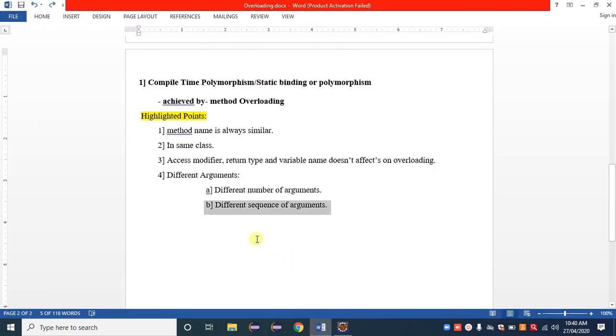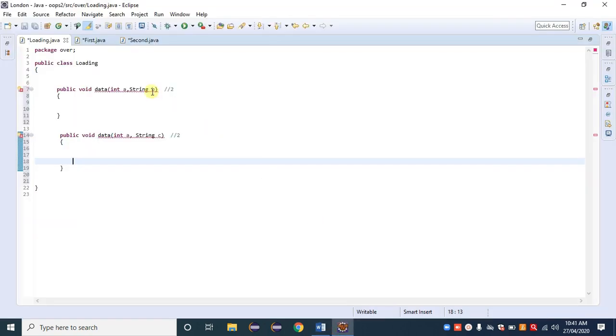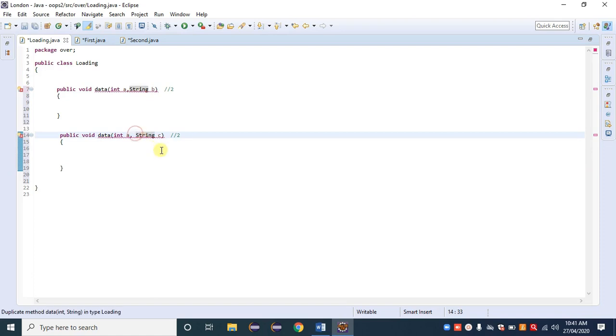So what is the question? The arguments differ by a different sequence of arguments. I am just changing their sequence. Int, string here; here I am taking string first, comma, then int.